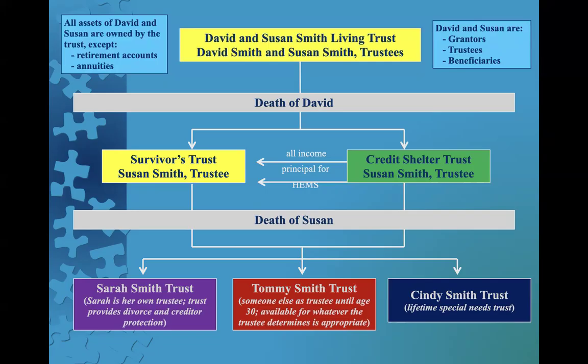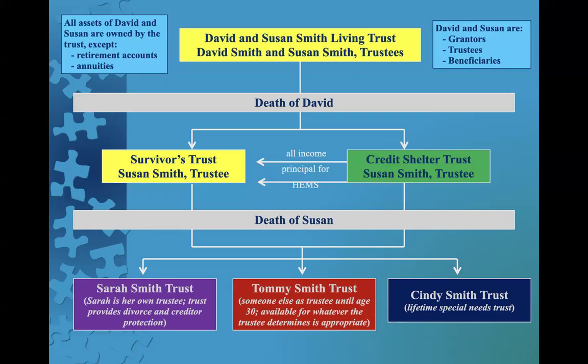Now, remember we talked about earlier how if you have assets titled solely in your name, so you don't have a trust, and you're depending on your will to transfer those assets when you're gone, Sarah then would have to go through a full probate proceeding to get access to everything and distribute things. If there's a trust in place and everything is properly funded, all she needs is your trust document and your death certificate. She has instant access to the life insurance. She can immediately hire a realtor to sell your real estate. So she's going to pull everything together privately, quickly, pay your final debts and expenses, file your final tax returns,